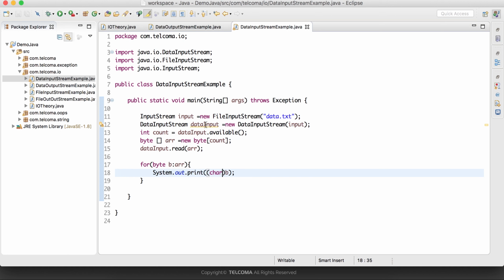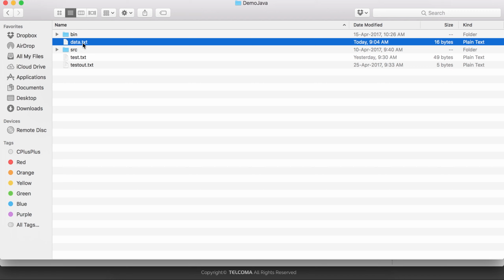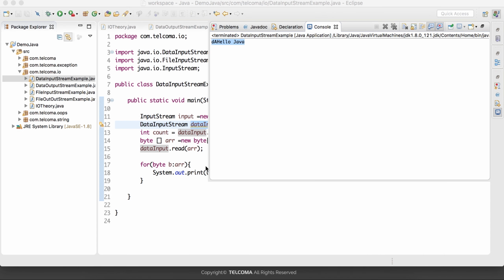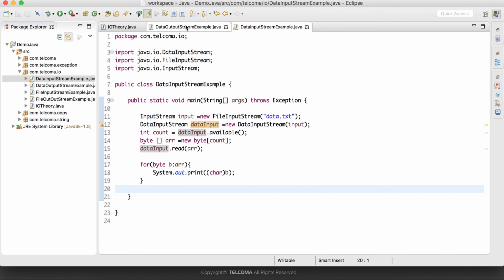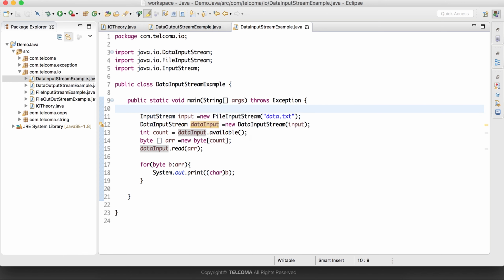So let's see the output. And here you can see that DA hello Java. So whatever value we have in the text file here, that will be displayed on the console. So with the help of this data input and data output stream, we can read and write the primitive data from the output stream or input stream. So thank you for